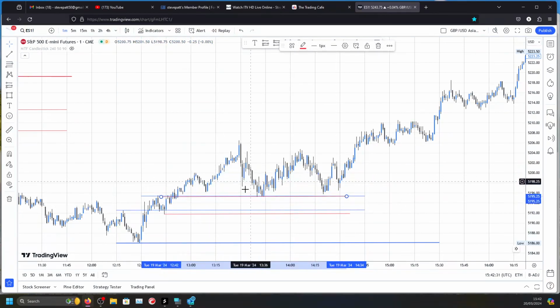You see, price is failing to come back and break below this point, and especially once it's failed to break below here, this low, and make a new low,